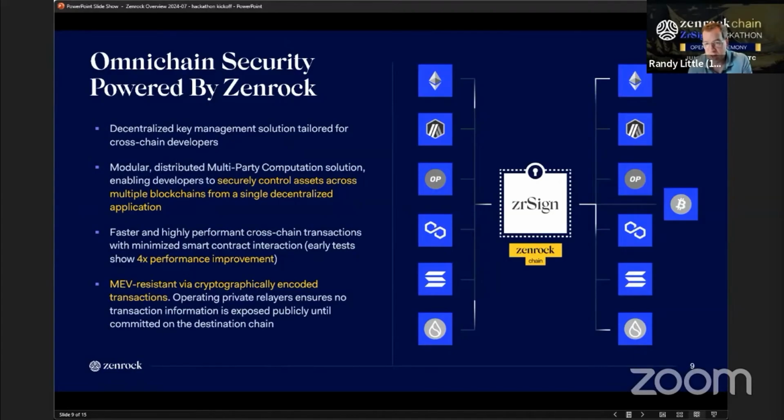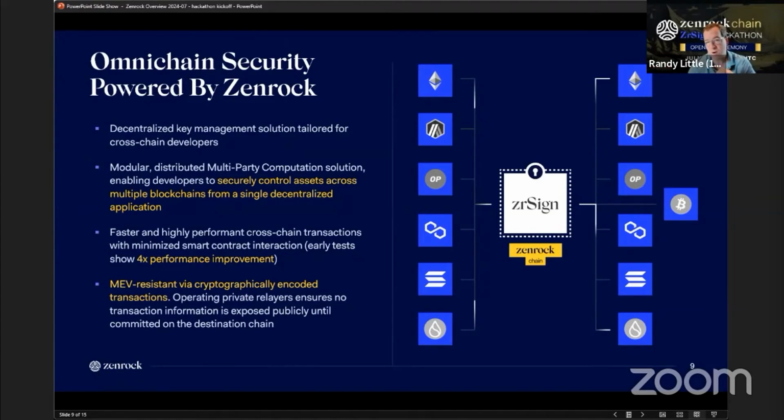So from a usability perspective, if you're a developer, number one, this allows you to write your development all in the ecosystem of your choice. We don't want to be in the position of making people develop only on our chain if they want to use our functionality. You can certainly do that. We hope people do that, but